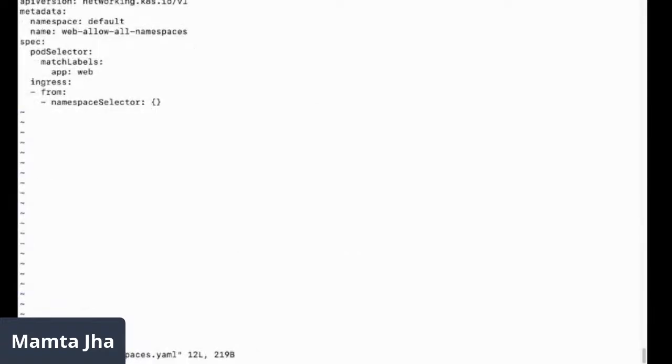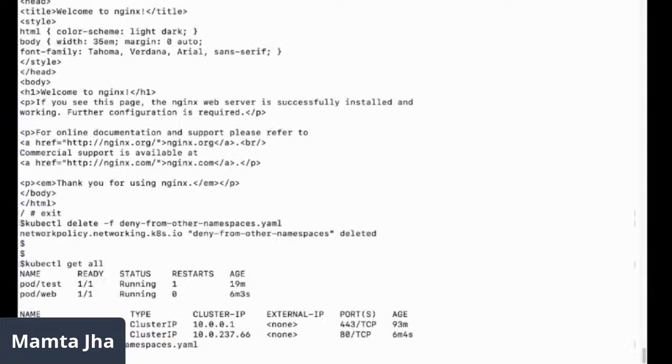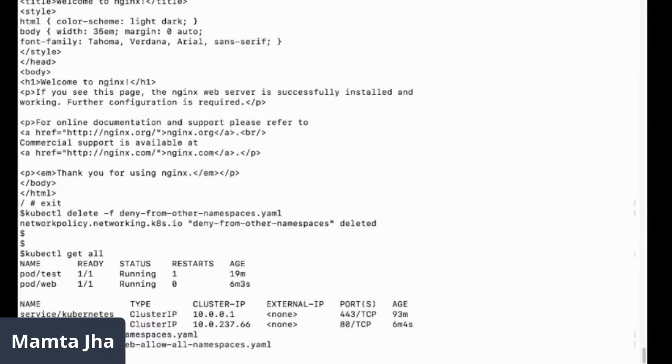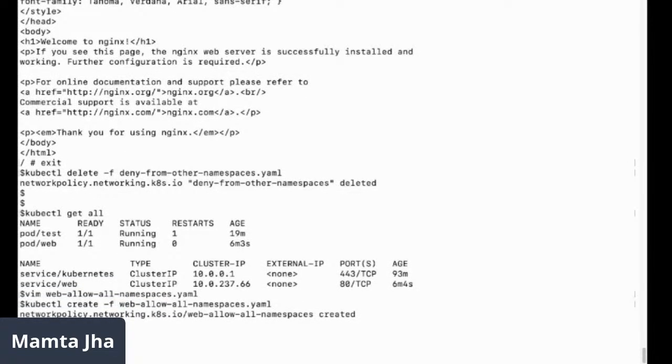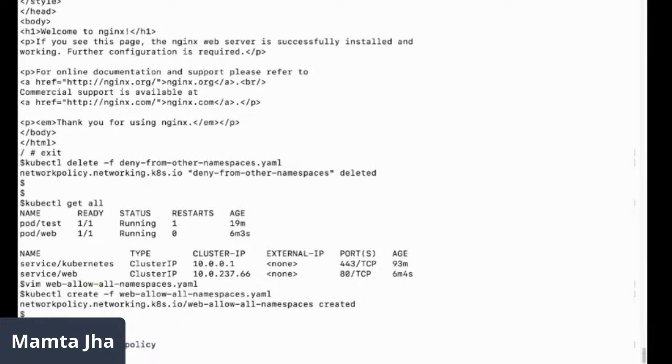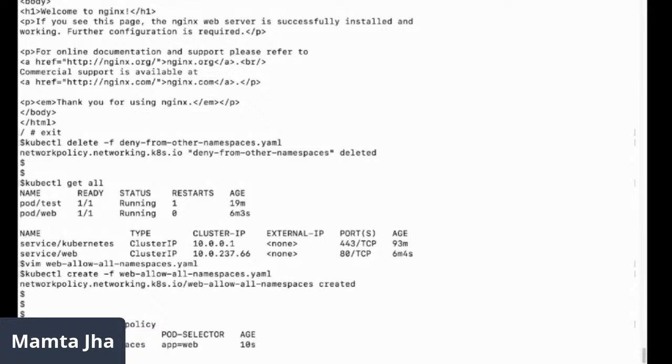Let me first show you the file. It's the same one which I have shown you. Okay, namespace selector is selecting all. So kubectl create -f. Let's see, kubectl get network policy.